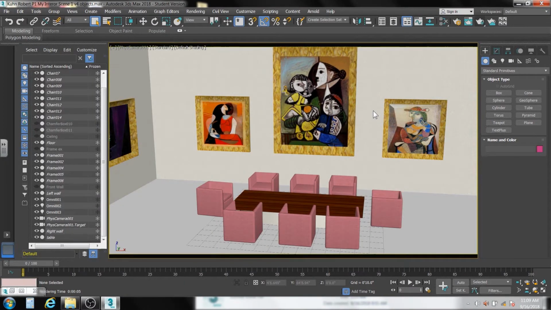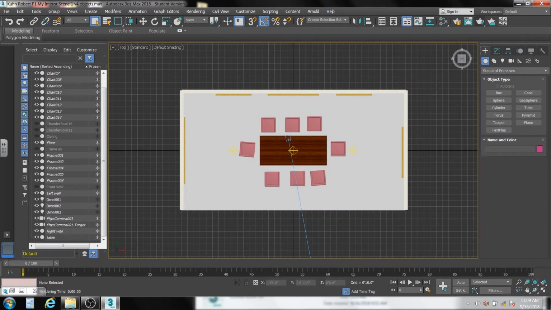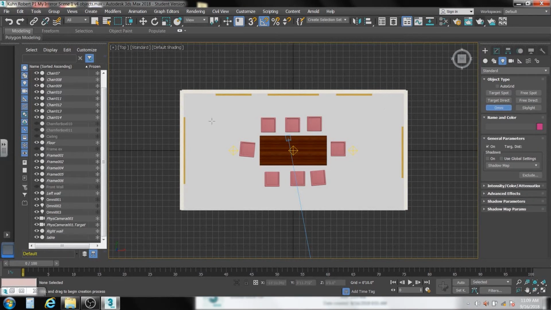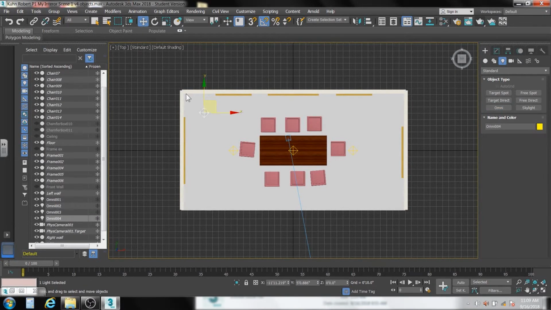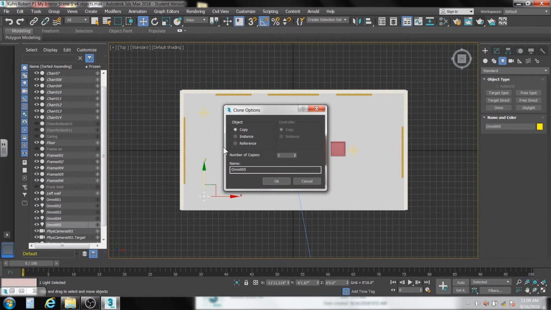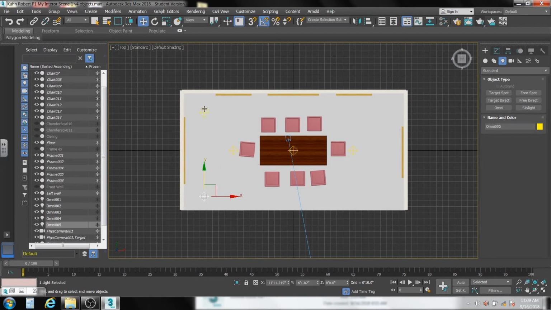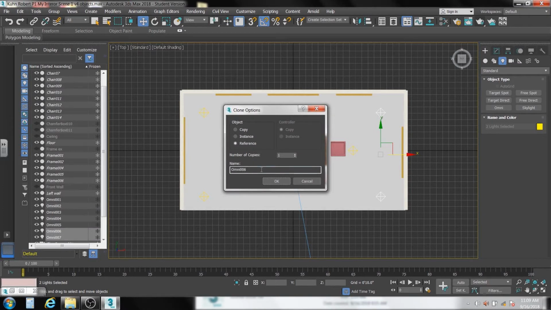So ambient lights are easy enough to do. I'm just going to go to my top view and over here to lights and make sure that we're not on photometric but standard. I'm going to go to an OmniLight and I will go ahead and put one there, and I'm going to shift copy that one down, making a reference because I want them to all do the same thing. And OK, and then I'm just going to control click this light as well, and I'll shift copy this over here. So say OK,